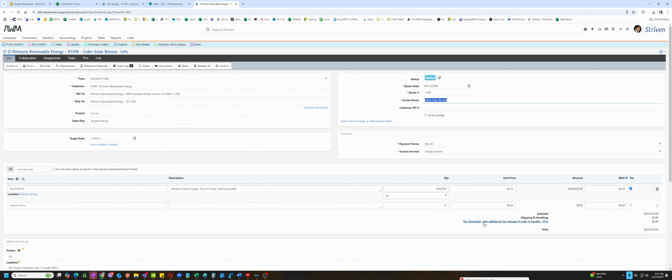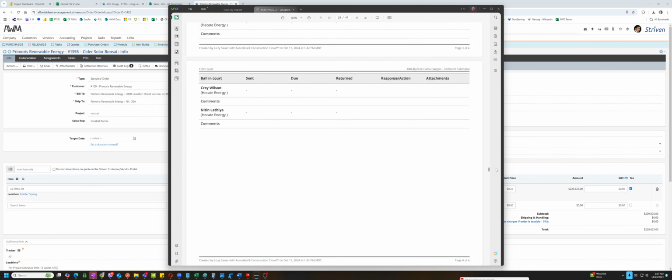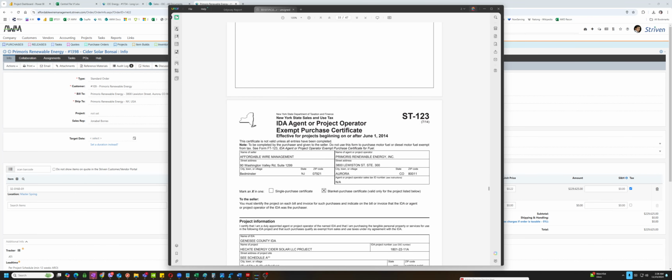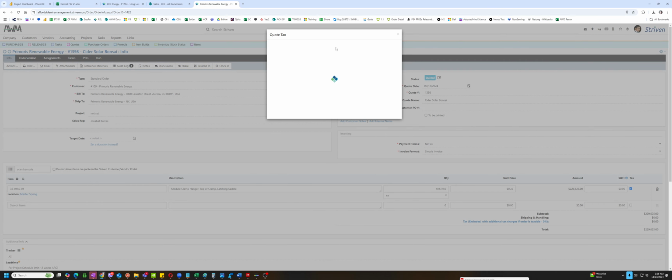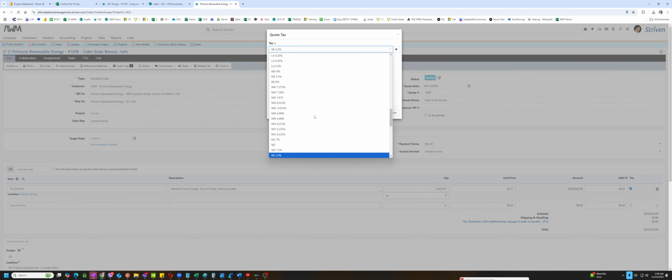So we already know that this is exempted because if we see down here, there's already a tax exemption certificate for New York State. So I'm going to change this to New York. It wouldn't matter what rate because we're going to exempt it anyways.